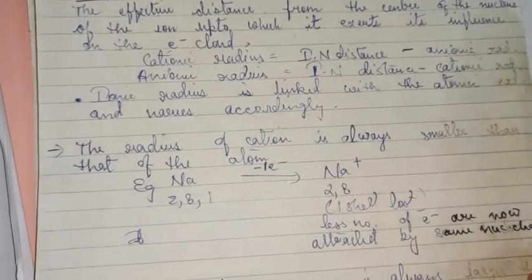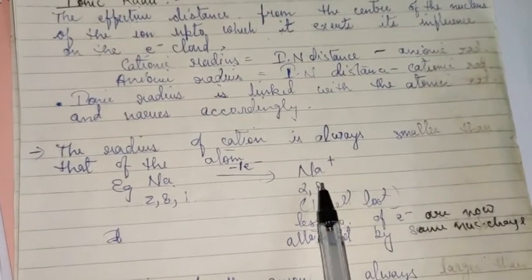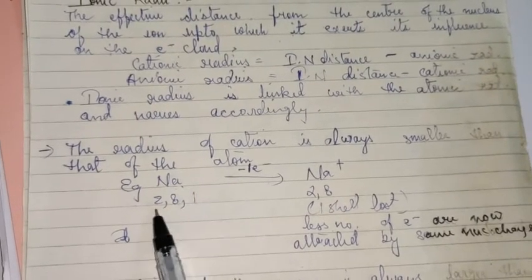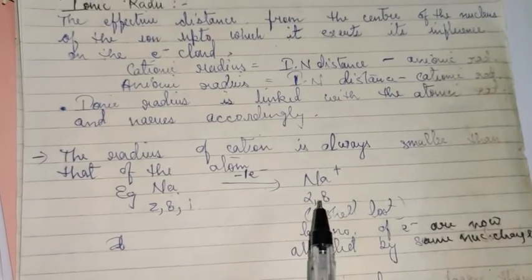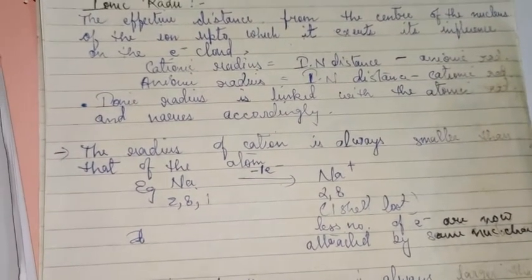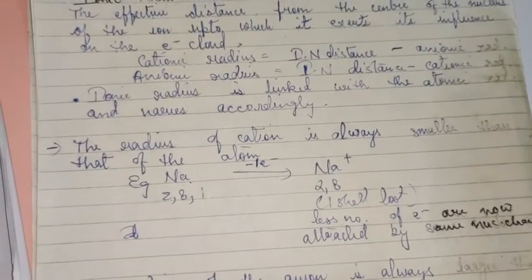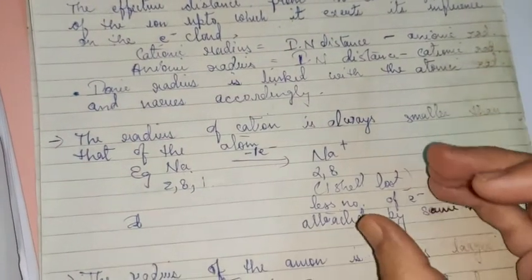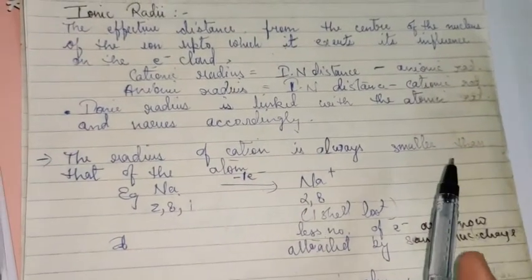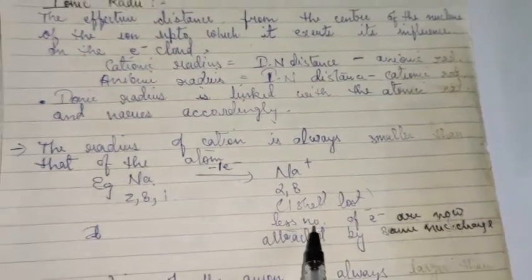That means the number of protons in case of the sodium cation will remain the same, but earlier there were in total how many electrons? There were 11 electrons, and now there are only 10 electrons. Now the same positive charge has to hold in total 10 electrons. That is why the effective nuclear attraction will increase, so the atomic radii will become shorter in case of cation. So the radius of a cation is always smaller than that of the atom. The first reason is that one shell is lost, as in case of sodium.